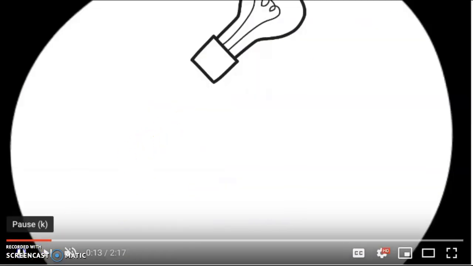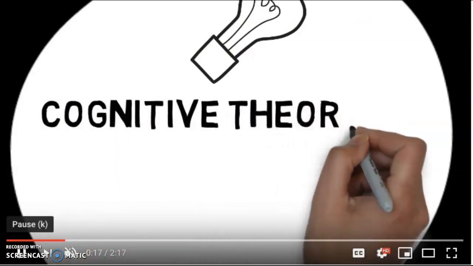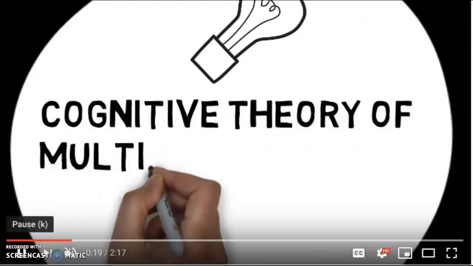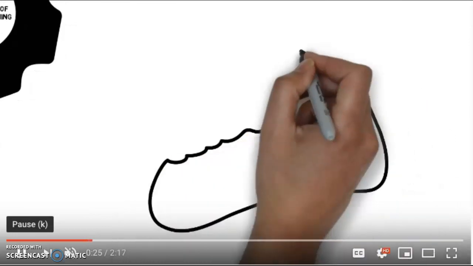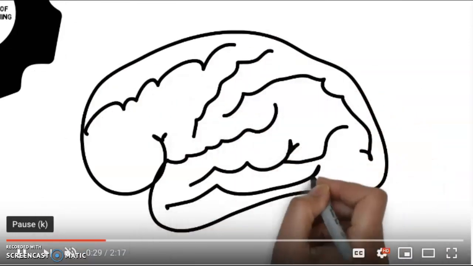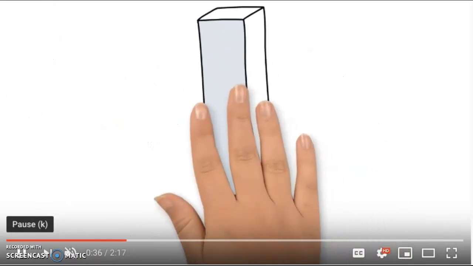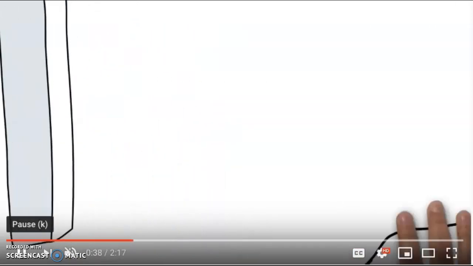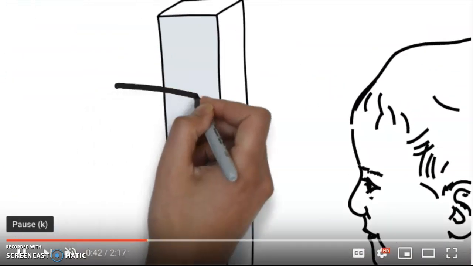Finally, multimedia learning theory focuses on how the mind actually works in relation to multimedia learning. According to Richard Mayer, he proposes the human mind has separate channels for processing information, the channels have limited capacity, and learning is an active process in which selecting, organizing, and integrating information is constant. People tend to learn better through both words and images, so they are able to create mental structures, constructs, and representations of information that they obtain.